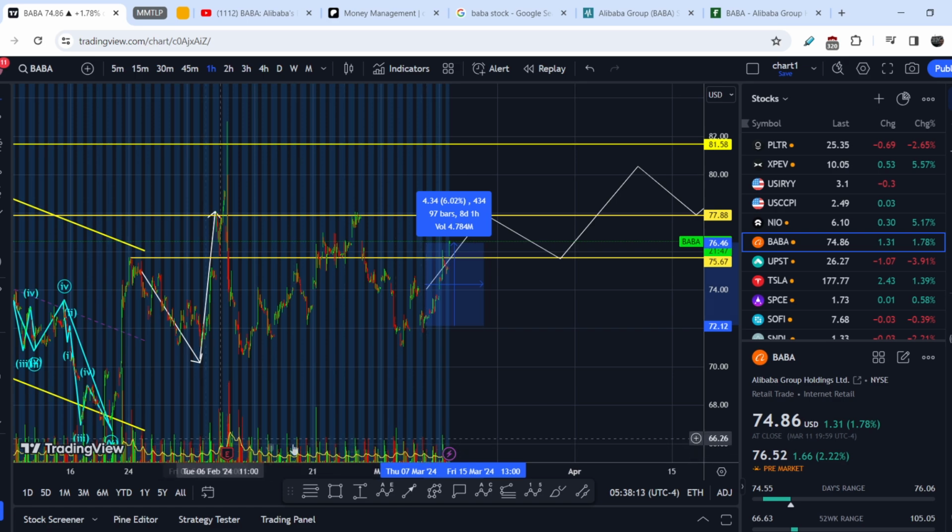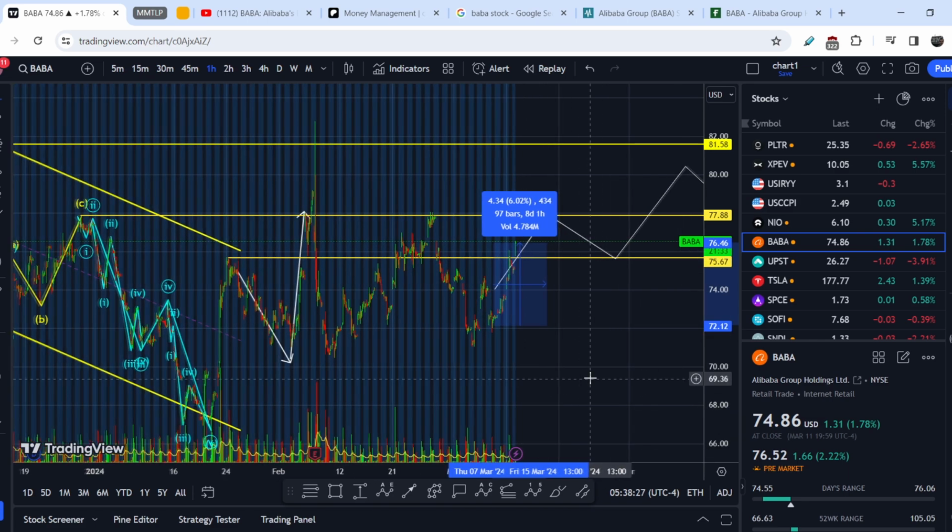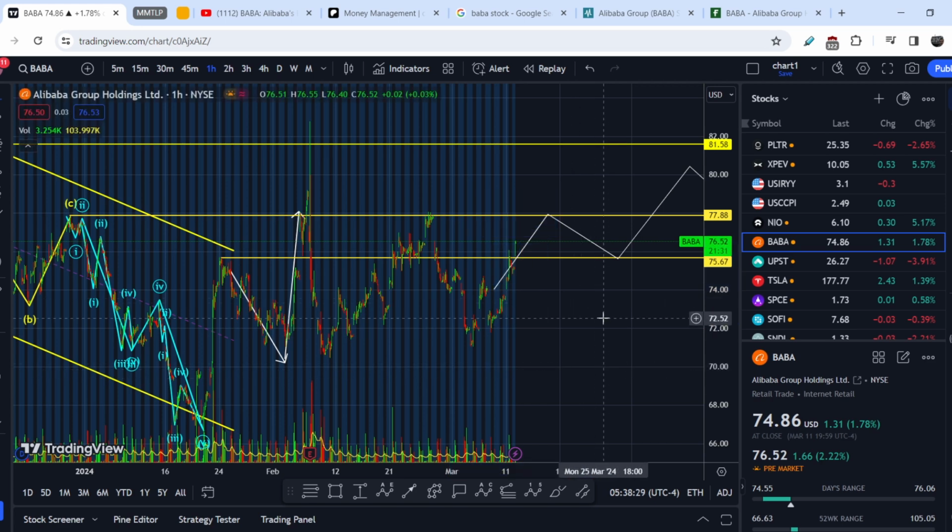It is not as high as it was, for example, with this movement to the upside right before their earnings report, and with this breakout, as you can see, this range of resistance was broken with quite substantial volume. We don't have any of these signs. That is why I still stand on my position that we are in no man's land, and we have to wait for the breakout above the range of resistance right here at $77.88,